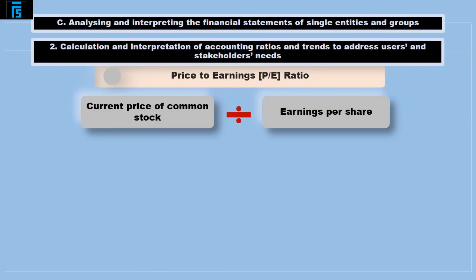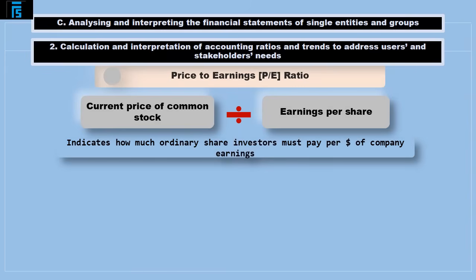by the business. Accordingly, the PE ratio may be interpreted as indicating how much an ordinary share investor must pay per dollar of company earnings. You should recall from other sections of this course that basic earnings per share, which forms the denominator of the price to earnings ratio, is the amount of earnings attributable to each share of common stock. To calculate basic EPS, the profit attributable to ordinary shareholders is divided by the weighted average number of shares outstanding